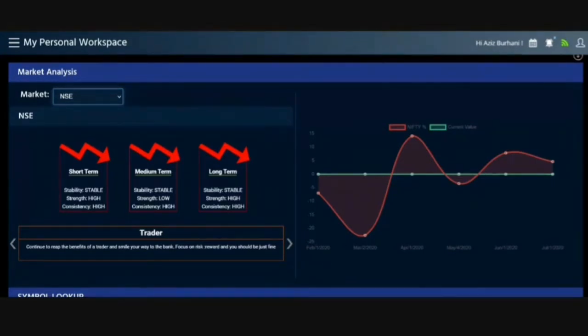So even though the long term trend may be up, we are assuming a hypothetical situation. Even though the long term trend would be going up, all the stocks are going up, but in the last 4, 5, 6 months, if the stocks are coming down, if the prices are coming down, correction mode, then this short term will tell you how strong or stable or consistent that trend is.